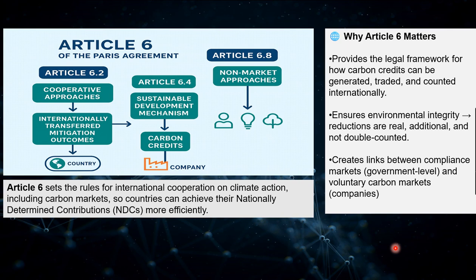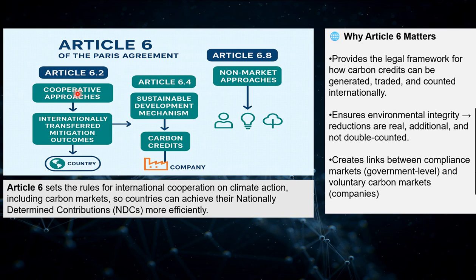Now, there's a connection to Article 6 of the Paris Agreement. Article 6 of the Paris Agreement is, at the highest level, the article that has shown the mechanism of these carbon credits. It happened in 2015 in the Paris Agreement. Article 6 extensively talked about carbon credits, and it talked about the rules of the game on the top level. So there are Article 6.2, 6.4, 6.8, right? So Article 6.2